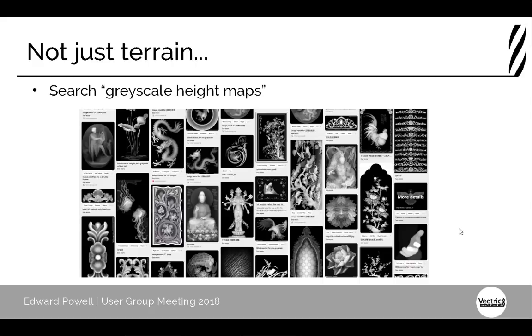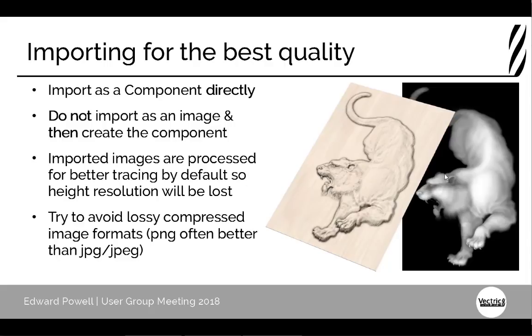So I think it's worth just having a quick digression at this point to talk about these grayscale images, terrain and other data, how we get this into Aspire, maintaining the maximum quality. So the important thing here is when you bring in this image, do it directly from the component to bitmap conversion. Don't bring in an image, click the image from within Aspire and then create a component from it. And the reason for that is if we import images in general, by default, we are processing them automatically to improve the tracing behavior. And we do that by effectively